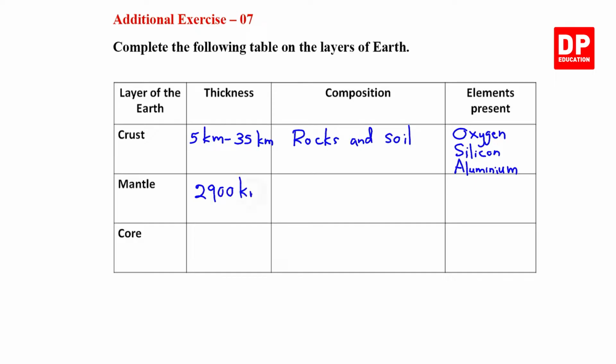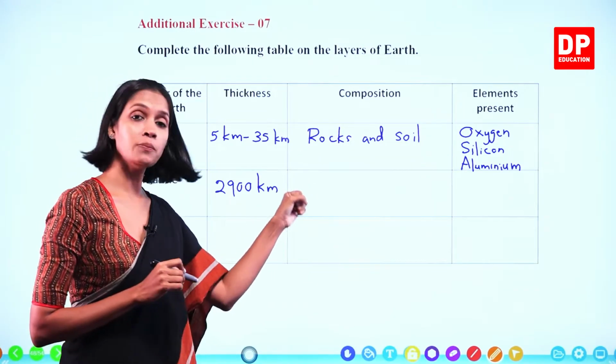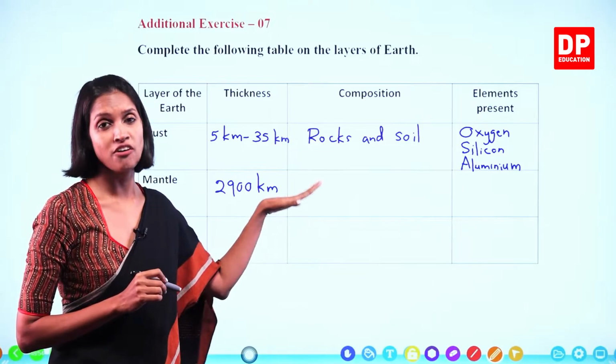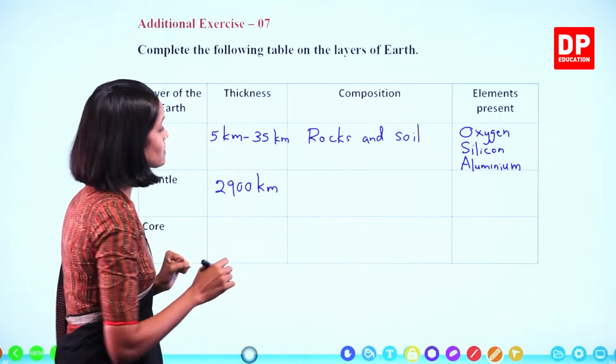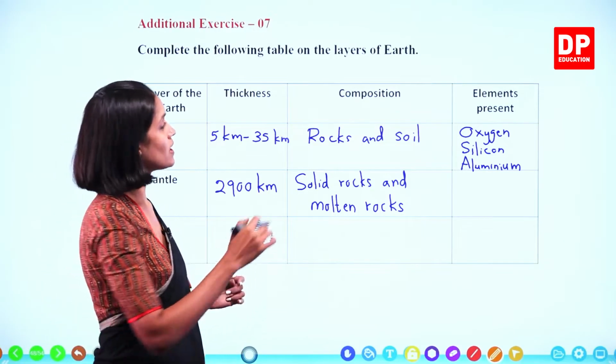What is the thickness of the mantle? 2,900 kilometers. Composition. The upper part is made up of solid rocks and the lower mantle is made up of molten rocks, right? We will write solid rocks and molten rocks. Right? Elements present: